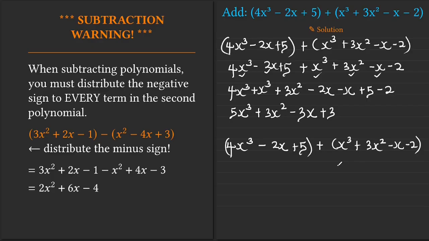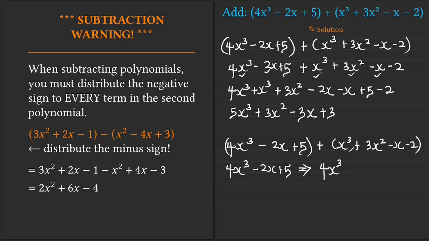So we want to use the column method. If you want to use the column method, then you would have to get every coefficient for every term. By every term, I simply mean for the 4x cubed minus 2x plus 5, we'll have to rewrite it as